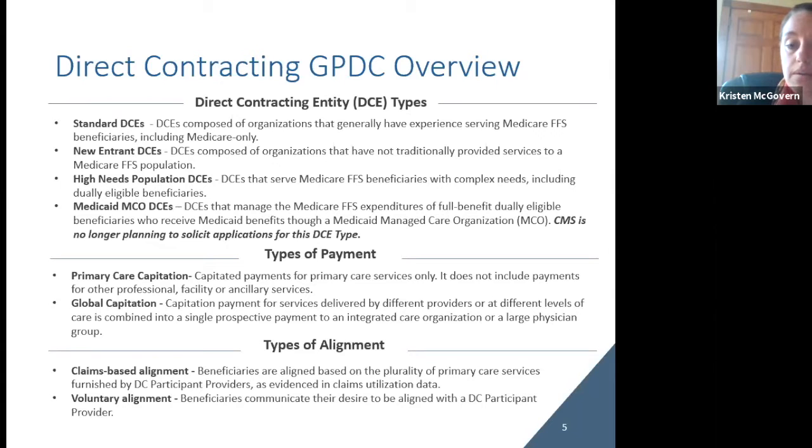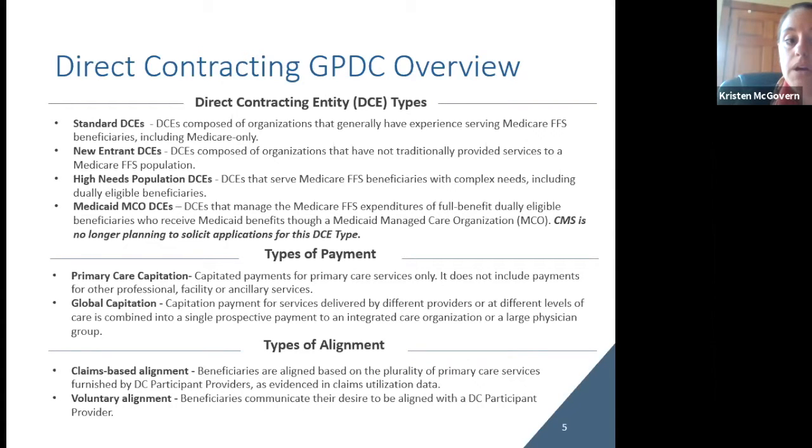A new entrant DCE, which would be a provider organization that has not traditionally provided services to the Medicare fee-for-service population, but has maybe served another population like a Medicare Advantage population or a Medicaid population. And they believe that their care model could be effectively used to provide the same types of benefits and services to the fee-for-service population. So they're sort of switching from one market to another market, or expanding from one market to another market. And then